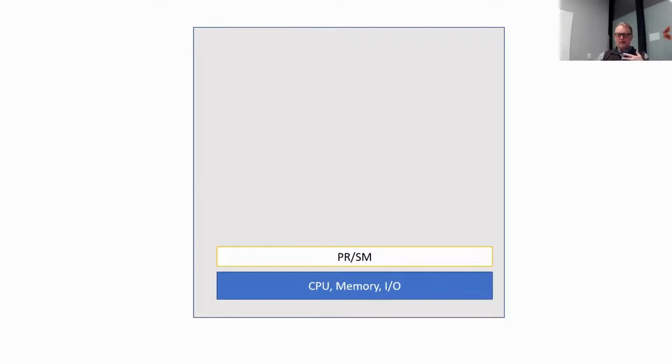This is firmware code that runs on the mainframe that allows you to logically partition the device. So think of it as in a distributed system, VMware would be the hypervisor, or Ubuntu would be a hypervisor that you would use to have multiple guests running underneath it. That's the same thing with the mainframe.